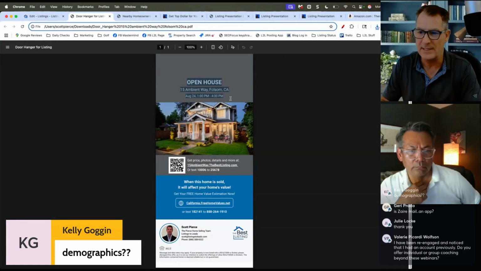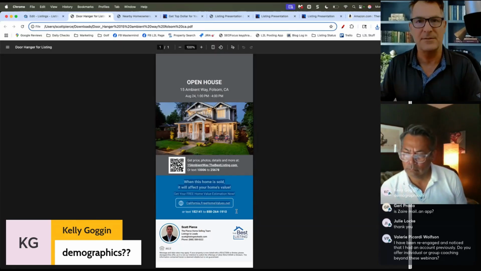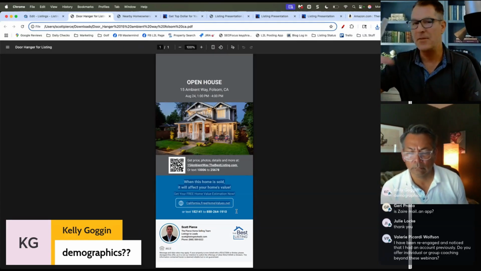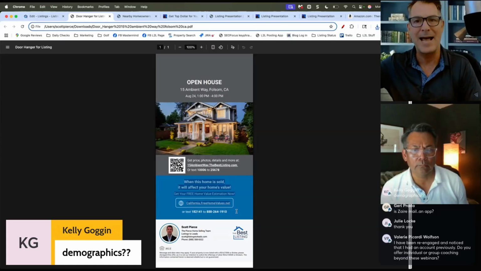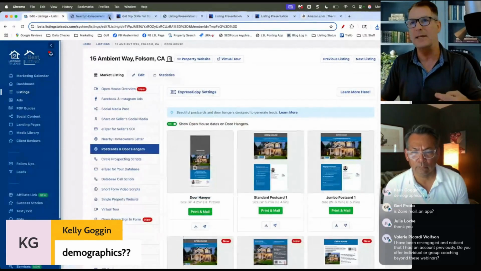We're letting them know what it is. So it's an open house. We let them know where they can get more information, just like in the letter. And then again, just like in the letter, we let them know that when this home is sold, it will affect their home value. Or in the case of just sold, it would say, now that this home has sold, your home value has been affected. So yeah, the letter is going to be the